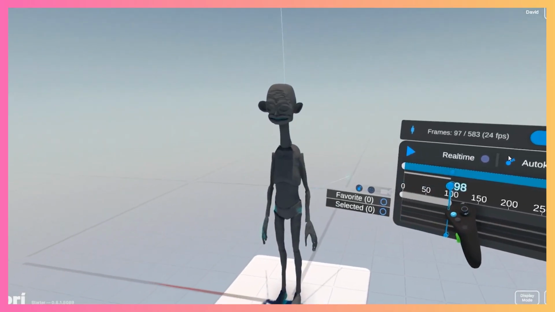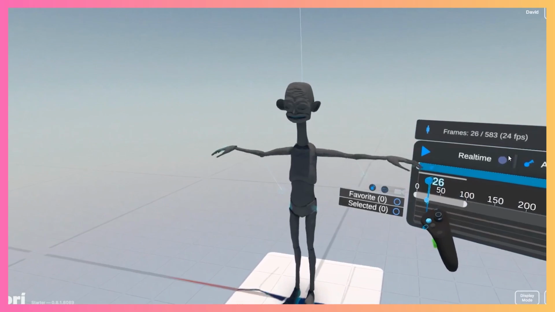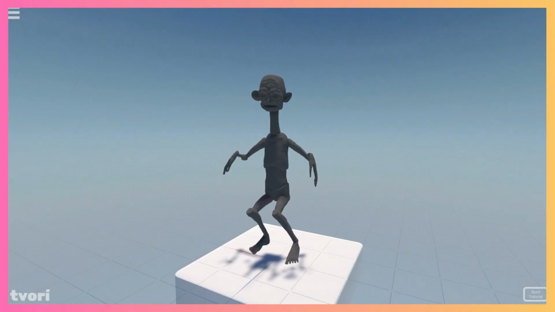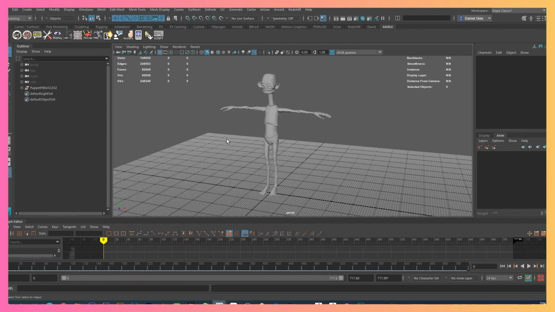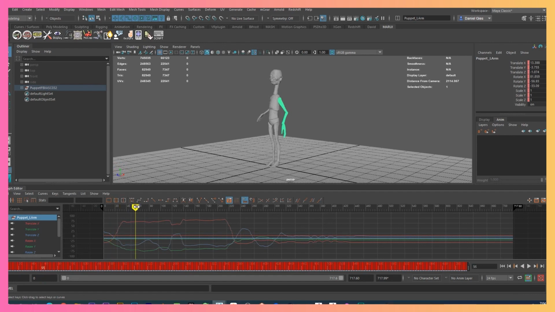I really enjoyed the process of recording movements in real time. I found the resulting look to feel really interesting, sort of like stop motion, which would be difficult to achieve through pose-to-pose keyframes alone. I found that animations created in VR through recorded movement could be used in much the same way as motion capture data.